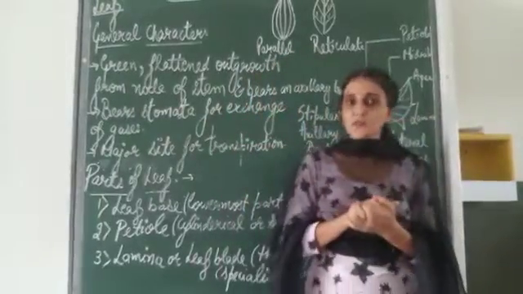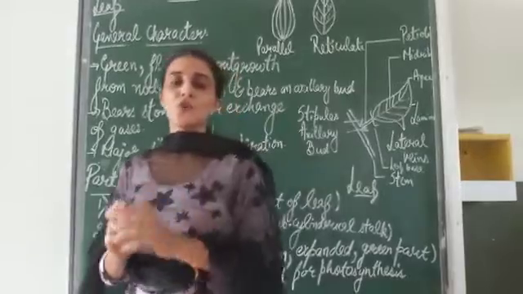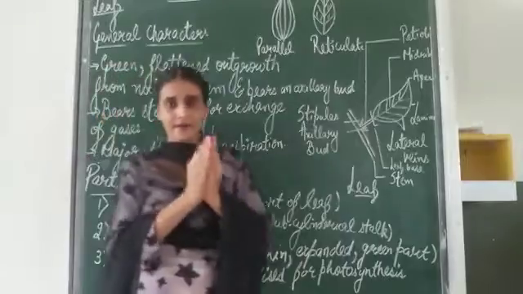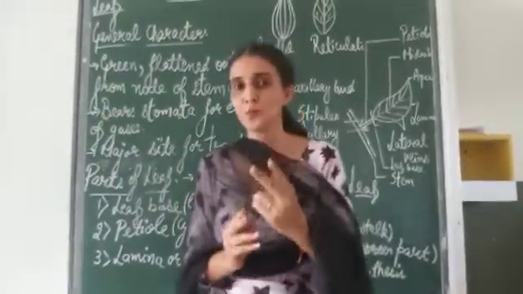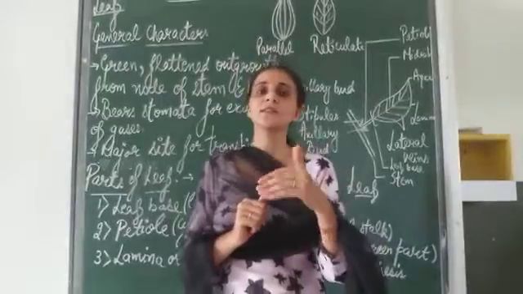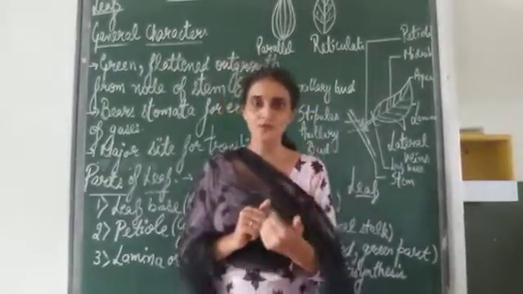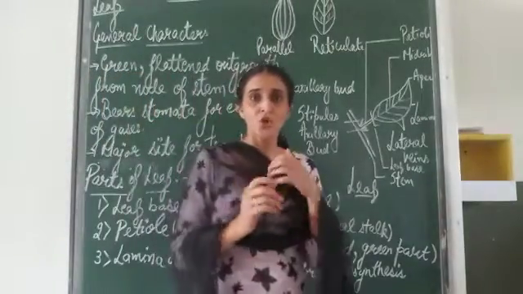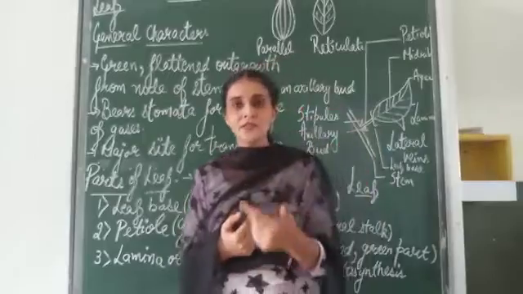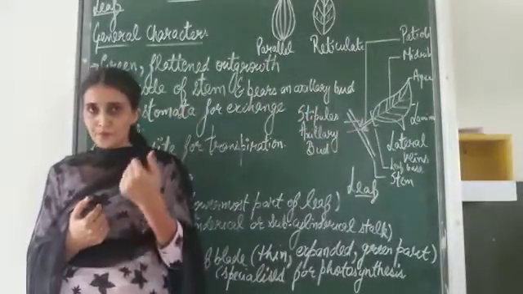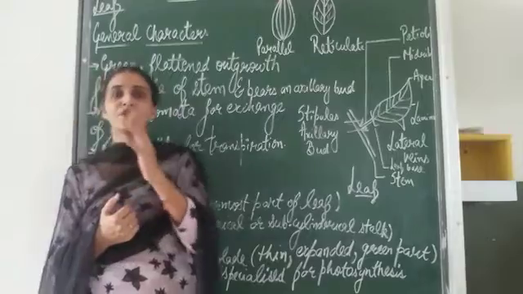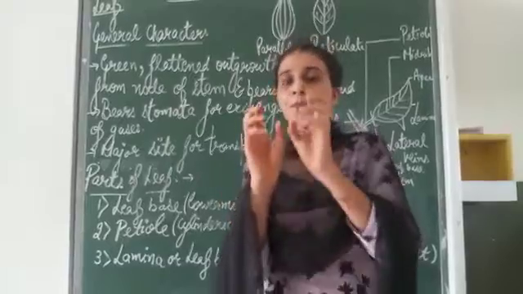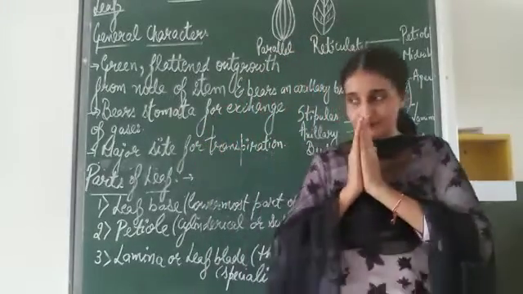Next thing I would like to discuss with you all is the main parts of flowering plants. So a plant axis is long and cylindrical. It generally consists of two main parts. One part which is present above the ground level, that is the shoot system, and another is present below the ground level, that is the root system. Shoot system generally consists of leaves, stem, flowers, fruits, whereas root system consists of root and root hairs, because roots help us to absorb minerals and water for the plant.